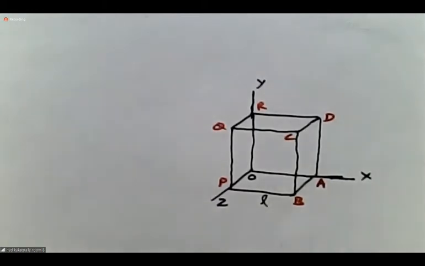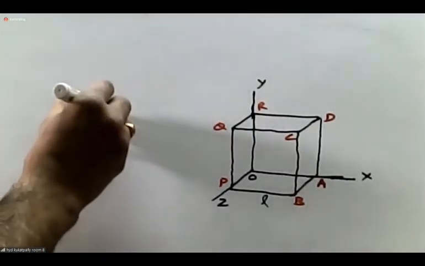So A, B, C, D, one surface you take. If you want to study the pressure of the gas, you need one surface. So the ABCD surface you take, and you calculate the force exerted by molecules on the surface ABCD. Force divided by area will give you pressure. So this is what we are going to do. In order to calculate the force exerted by molecules, let us pick up one molecule.